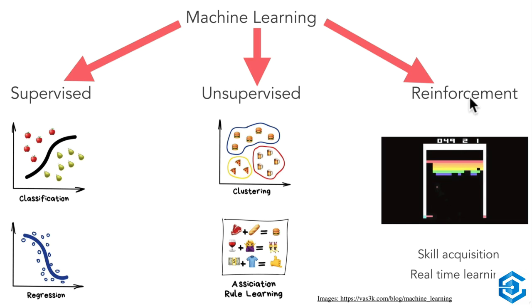Finally, we have this idea of reinforcement learning. And reinforcement learning is really interesting because it's all about teaching machines through trial and error, through rewards and punishment. So the program simply learns a game by playing it millions of times until, well, it gets the highest score. It doesn't know what it's doing at first, but then it tries to maximize the score and eventually figures out that, hey, maybe I should